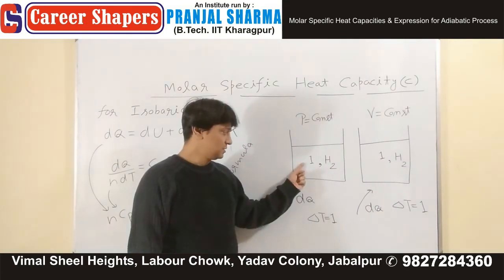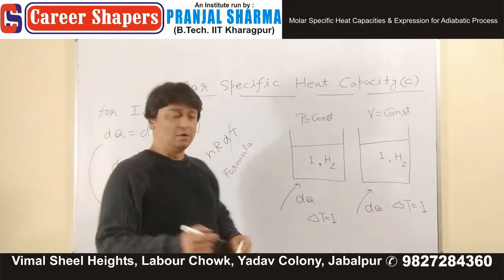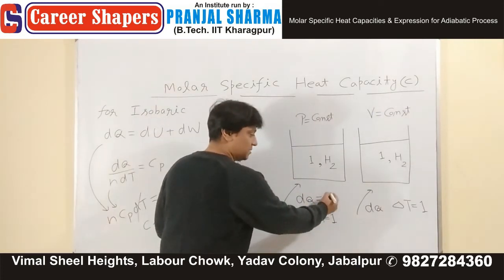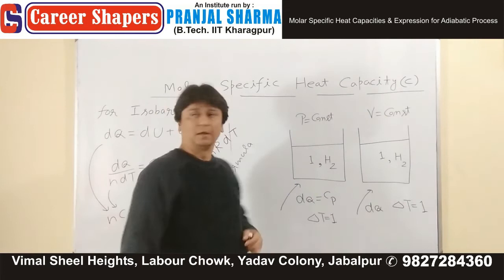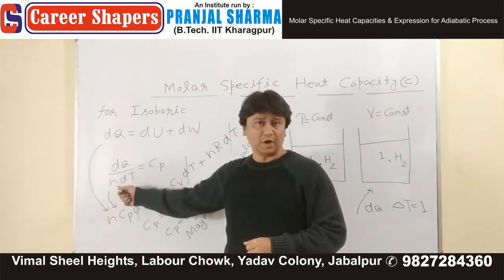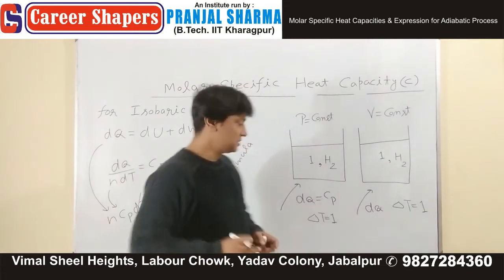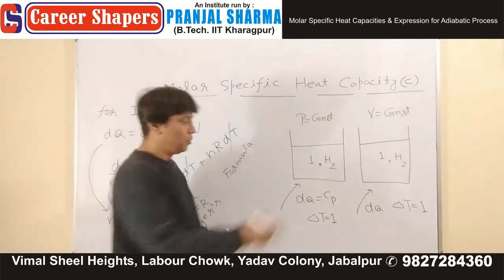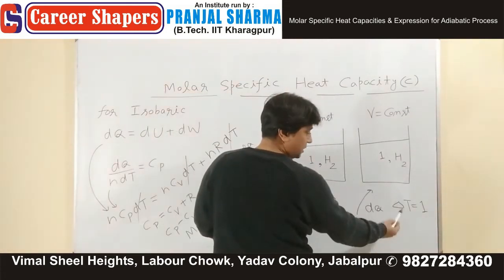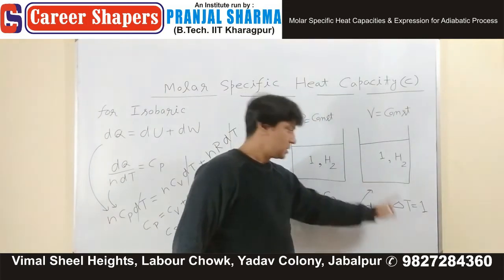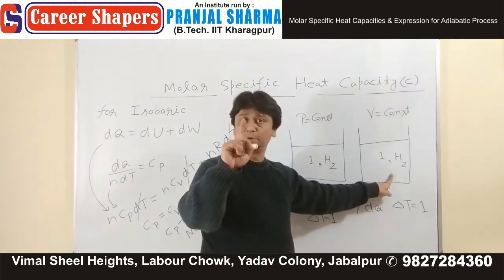This is 1, this is already 1. You know that this dq then will be nothing but Cp. Your n is 1, dT is 1, and therefore Cp is directly what? dq. Simple understanding. Over here, again, 1 mole, temperature to be increased by 1,